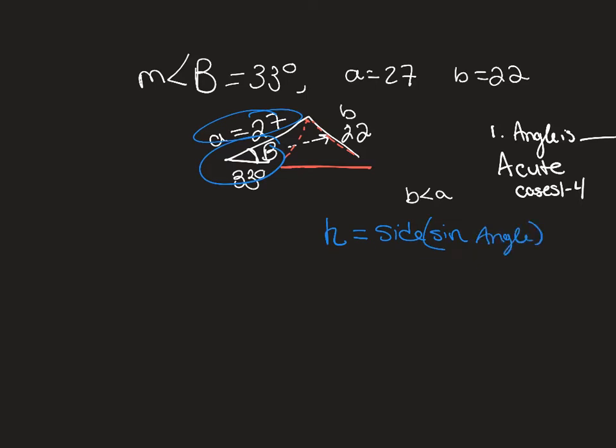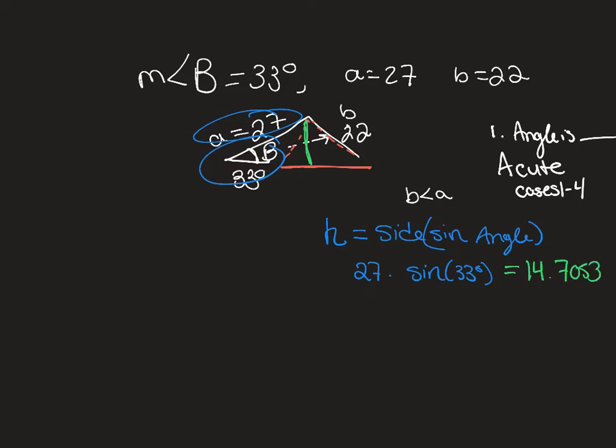So in my case, it's going to be 27 times sine of 33 degrees. You can either make sure you put that degree symbol in or change your calculator to degrees. Either way will work. So 27 times, press that trig button, grab sine 33, and then I like to put the degree symbol. That height right here, this height right here that I have to be at least that to make any triangles, it's going to be